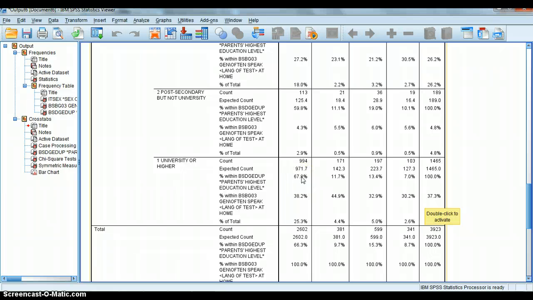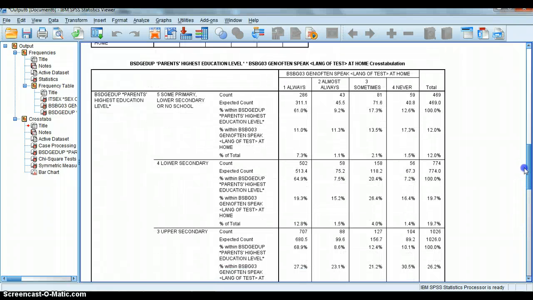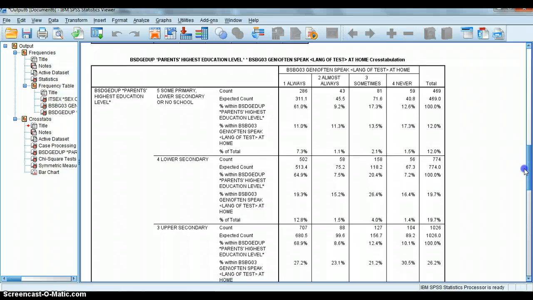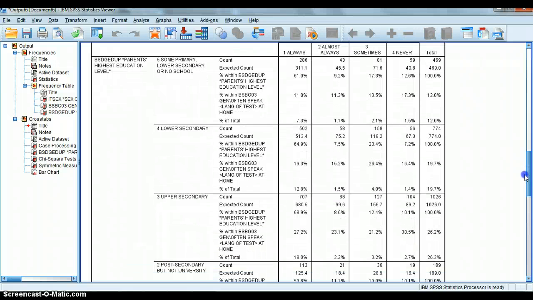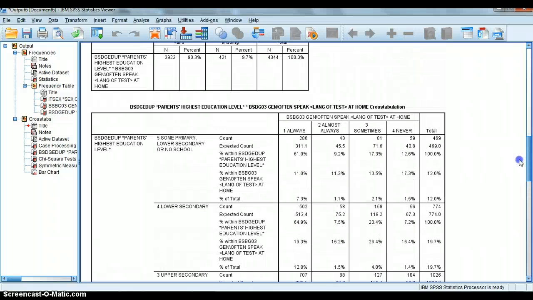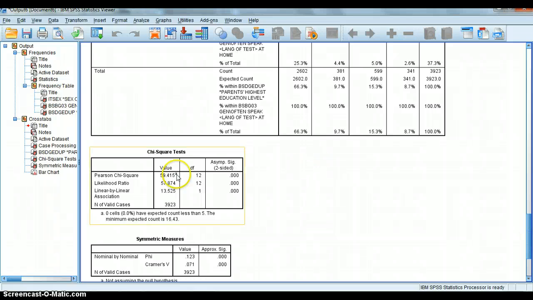And so we're starting to get, just from eyeballing this chart, the idea that there is some association between parents' education level and speaking the language of the test at home: the higher the education level, the more likely they are to speak the language of the test at their home. And if we look at our actual chi-square tests,